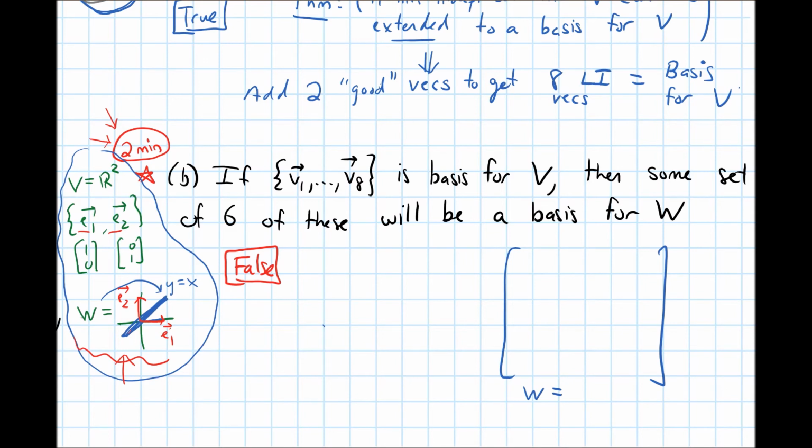I'm going to let W be represented by the span of the columns in a matrix. Okay, so my idea is to have something like we had in this picture. I'd like the vectors in V, the basis vectors, so those are the E1 and the E2, to lie completely outside of what W is. Like W was this blue line for me. One way I can see that quickly is if I guarantee that the things in W have some entry that's always 0. So if I make a matrix, and W has to have dimension 6, so I need 6